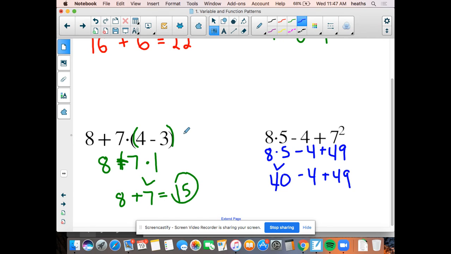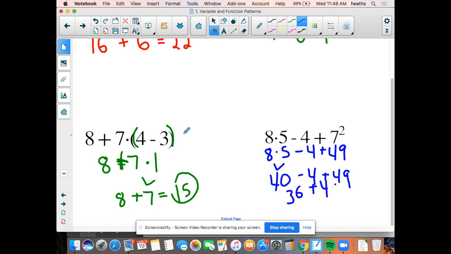Those are the groups you would go through in order to figure out what your next step is. So if you're left with a problem like this where it's subtraction and addition, remember, subtraction and addition were grouped together. So you do not necessarily have to do the addition part first. You can actually do the subtraction first if you'd like to. Actually, you should do the subtraction first. So 40 minus 4 is going to be 36